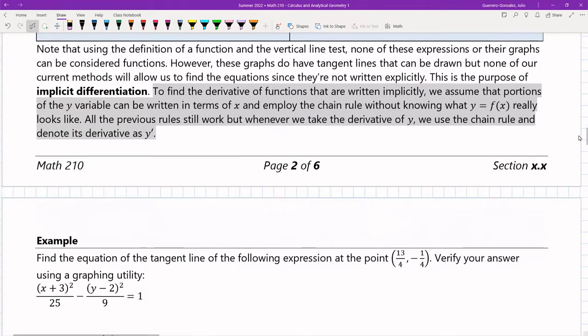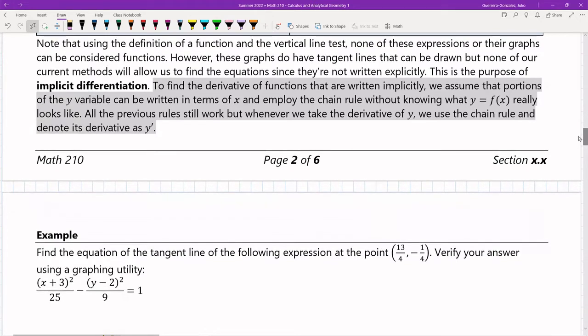Now we're going to get into implicit differentiation. Okay. So how does implicit differentiation work? All the stuff that we've been doing so far has been geared toward explicit functions, as in we have y equal f of x, right? We haven't found the method for implicitly deriving stuff. How do we take the derivative of a graph that we've seen from above, right? How do we actually find these derivatives? Okay, and the answer